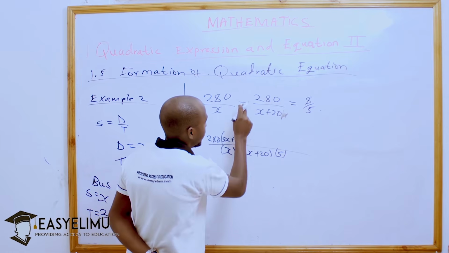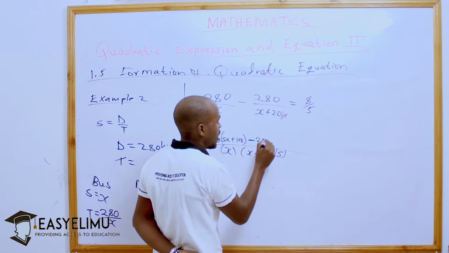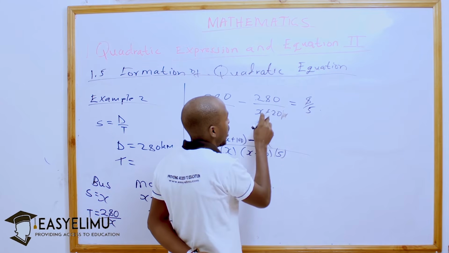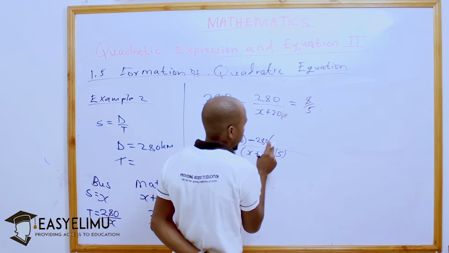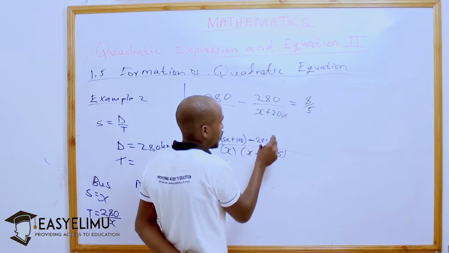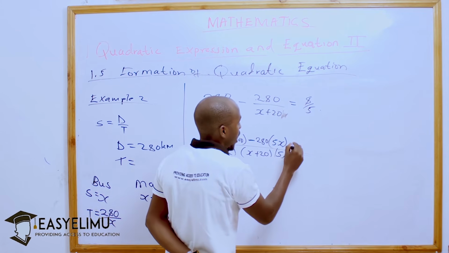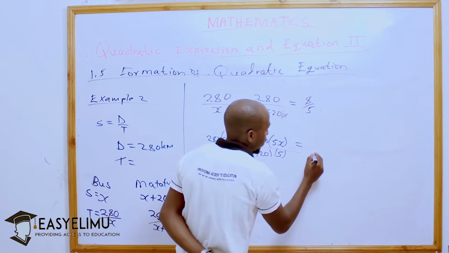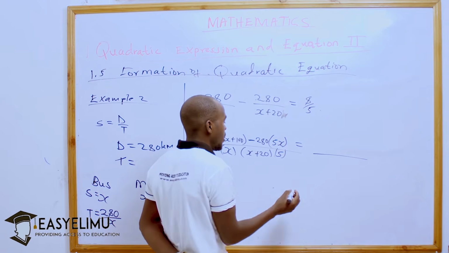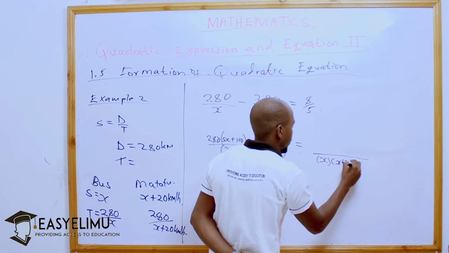Then the minus sign, and then this 280 over x, x plus 20 into this LCM, I will get 5x, so it will be 5x, and then it will be equal to, since I have done it that way, still the LCM will be the same, that is x plus 20,